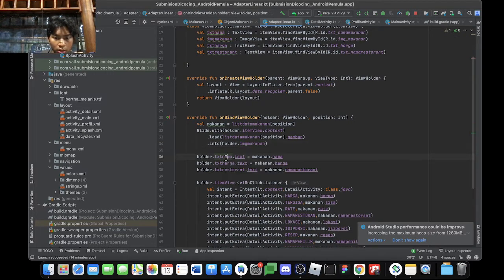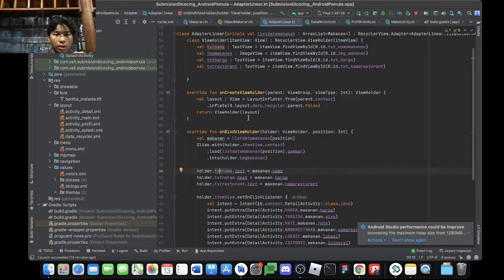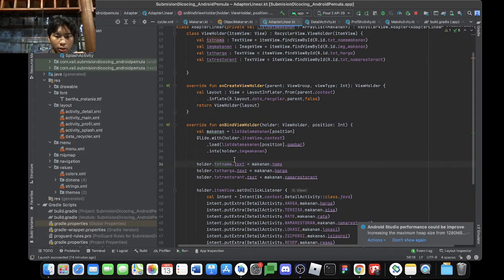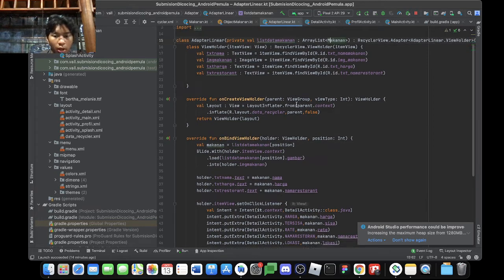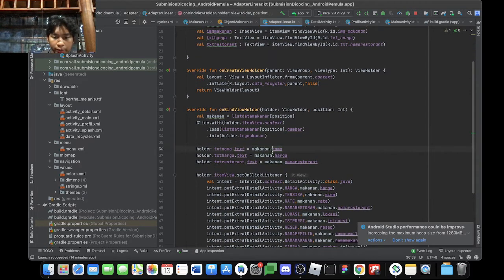Call the variable text.text because it will become a text, and call the variable that connects into list data food, and data food connects into model dot name. This name is a variable from the model, and do it for everything.